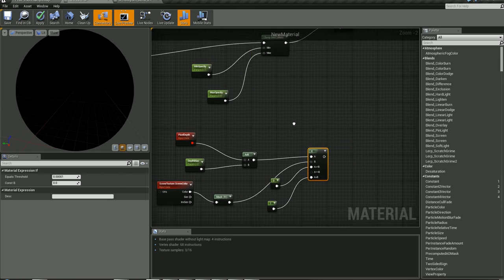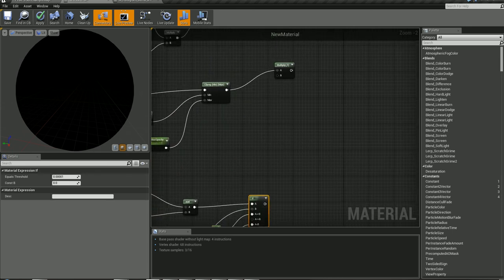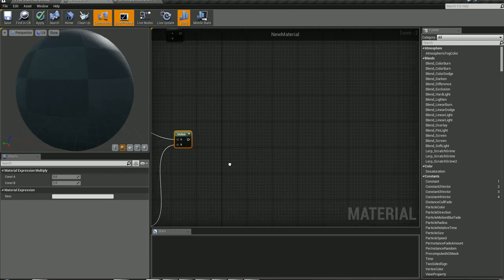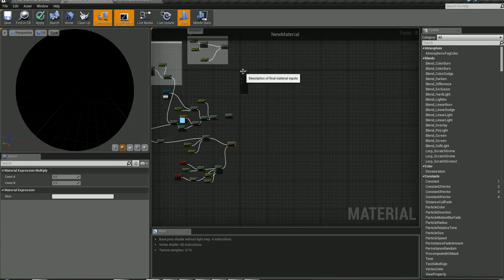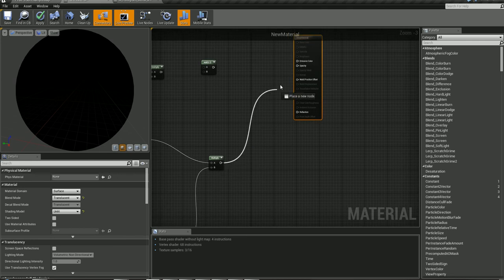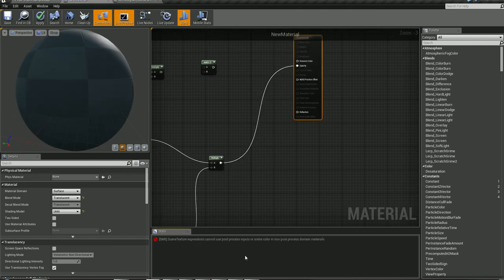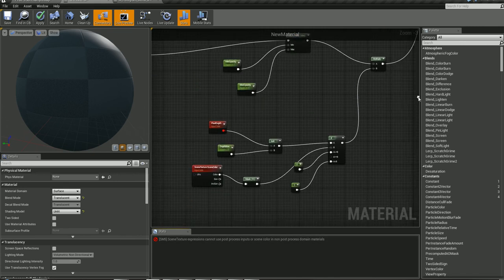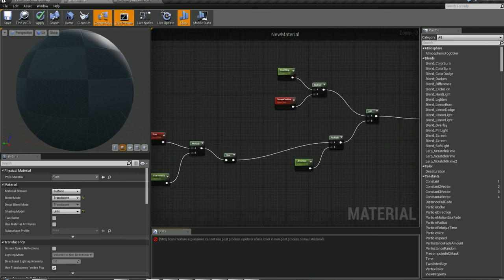Now we have to link this to our multiply, which is going to go into our opacity. So we have a clamp, there's our multiply. Let's pull that down. And then we're going to pull this up into the B channel. Let's pull this guy down a little bit, in the middle, I guess. And then we're going to grab this multiply and pull it up into the opacity. Now you'll notice it says screen texture expression cannot use post-process input or screen color in a non-post-process domain material. So what that means, let's go back and trace that,